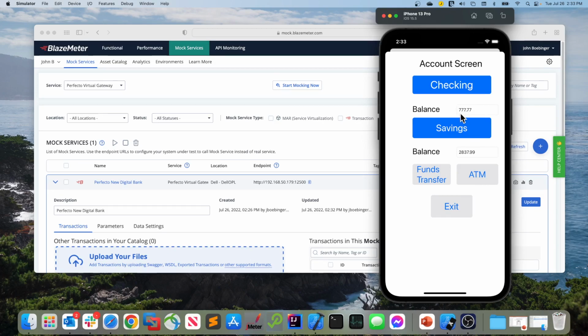You can do a number of changes to a virtual service. You might decide you want to start testing edge conditions, and so you put various edge values in here. You may want to put some bad values in here to see if the mobile app is going to handle such things properly. So fundamentally, what we've seen today is that you can use BlazeMeter Mock Services to virtualize, to simulate a mobile gateway to make your testing more thorough and make your testing available even at times when all of the back-end services might not be